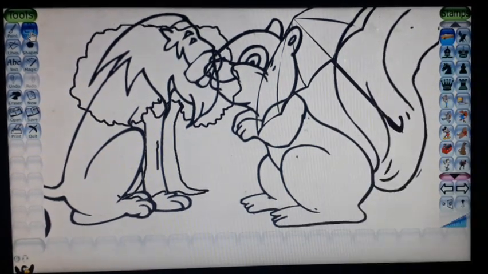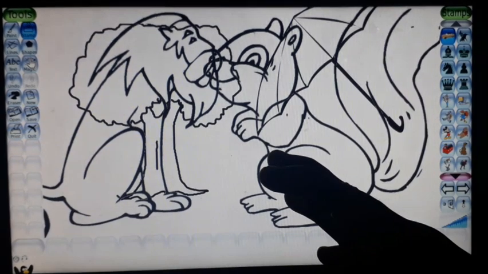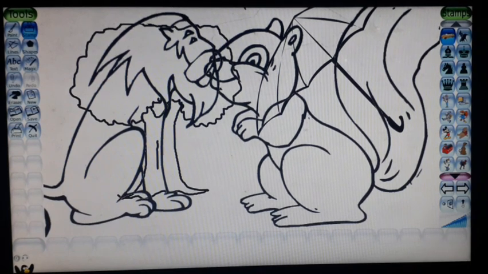Okay, look here, at the bottom of the screen, there is a volume symbol. The volume symbol is used to increase or decrease the size of the sticker. Do all of you understand what is the use of the volume symbol?